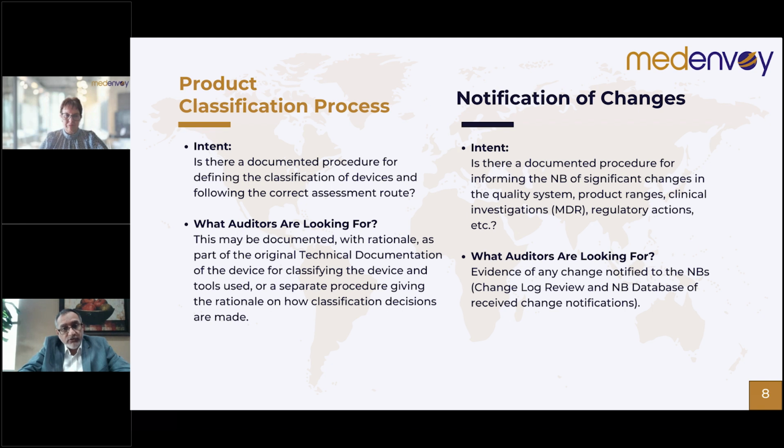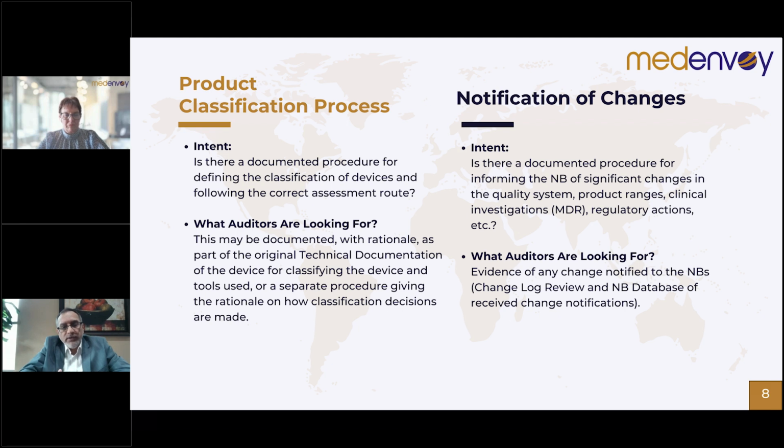So there must be a procedure. It could be a dedicated procedure. The information could be embedded within another procedure, but we need to have that information visible. What we're looking for as an auditor is not only that you have procedures in place, but how you are assessing your changes. So we will look at the change log and see if you have assessed changes,